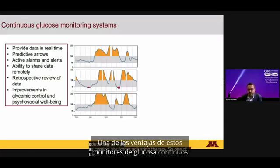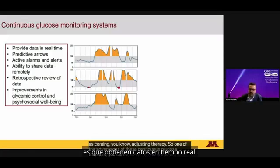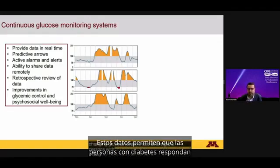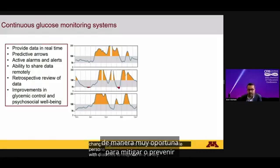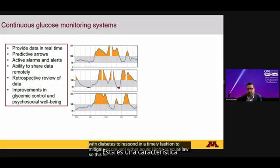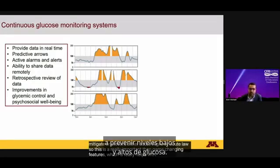One of the advantages of these continuous glucose monitors is that you get real-time data. It has predictive arrows, which indicate the direction and velocity of changing glucose levels. And these data enable persons with diabetes to respond in a very timely fashion to mitigate or prevent either acute highs or acute lows. This is a really important and game-changing feature, which helps with preventing lows and